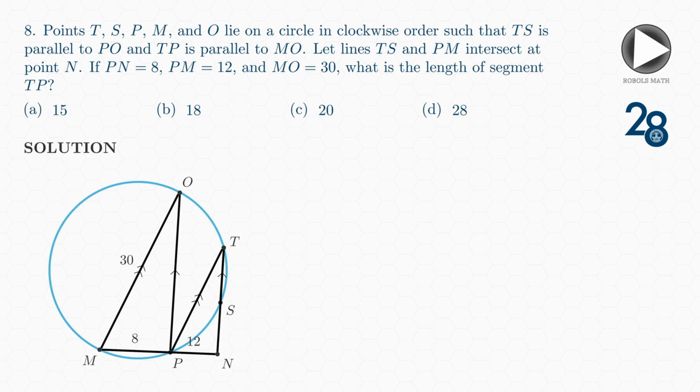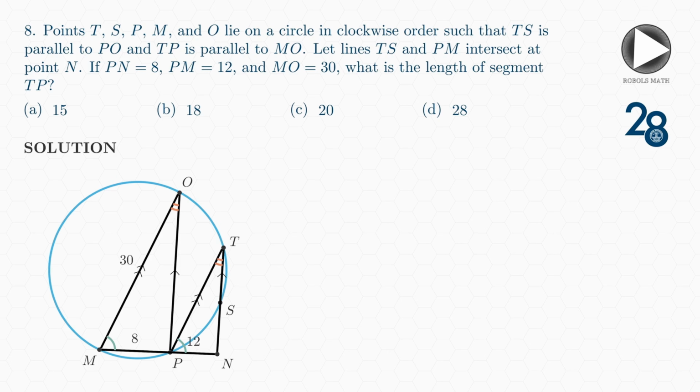In this case, we consider the parallel lines MO and TP, and we consider the line MN as a transversal. So this angle here and this angle here, indicated in green, should be congruent by the corresponding angles theorem. And then on the other hand, if you look at the other pair of parallel lines,